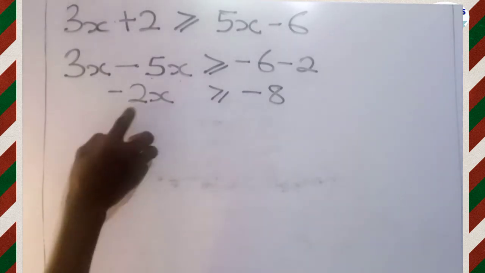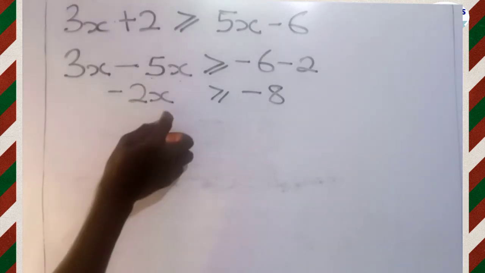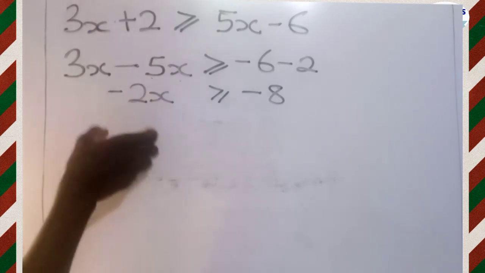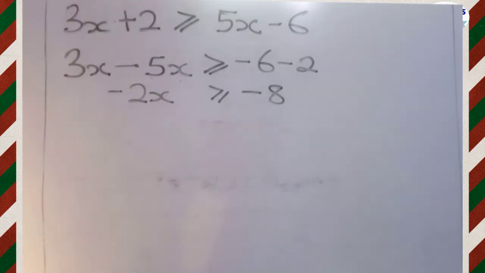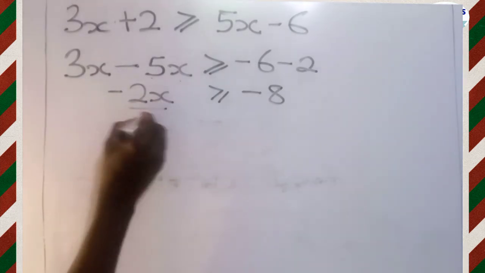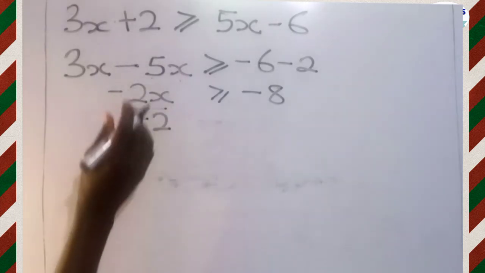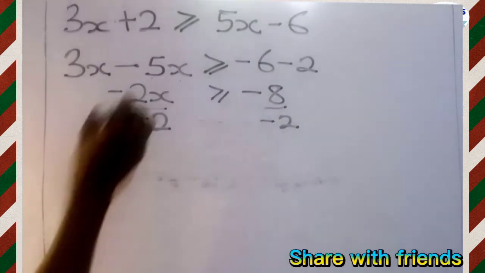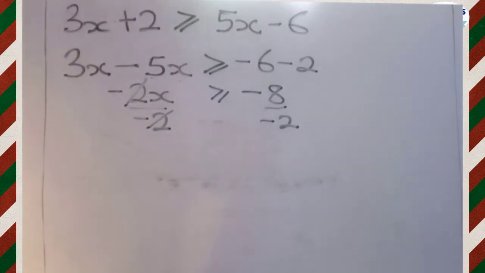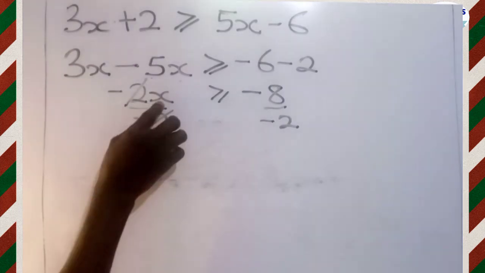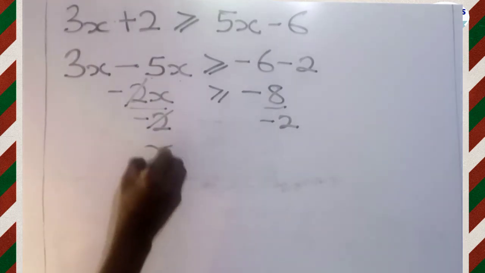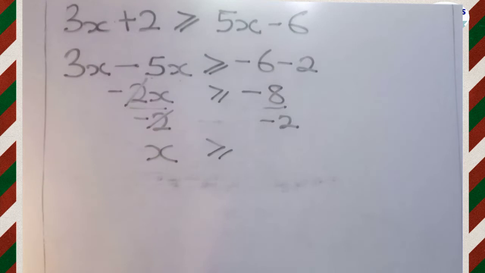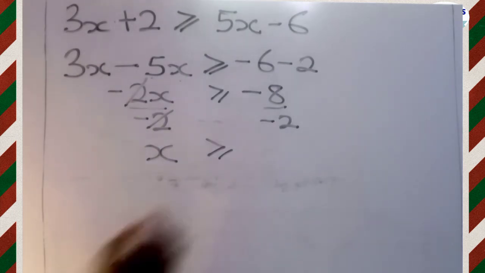Now I have negative 2x. I don't want this negative 2x. I want the x to be on its own. So the negative 2 is multiplying the x, and to get rid of it, you have to divide by negative 2. So you divide this one by negative 2, and whatever you do to the left hand side, you should do the same thing to the right hand side. So negative 2 divided by negative 2 gives us 1, and 1 multiplied by x gives us x. So we have x left here, greater than or equal to, negative 8 divided by negative 2 gives us